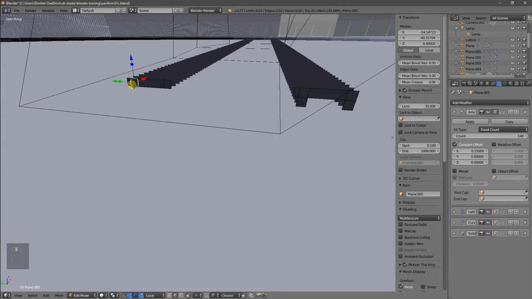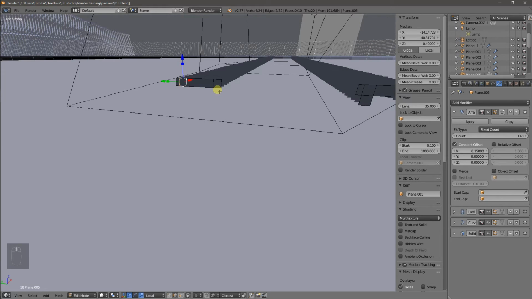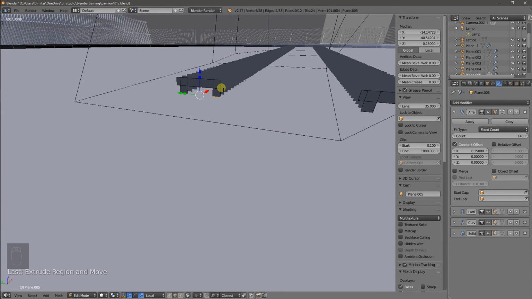Okay, so let's select this edge and this edge. E for extrude, type the button Z, minus 0.1. Alright. So now let's go to face select, Control Tab, select the faces,